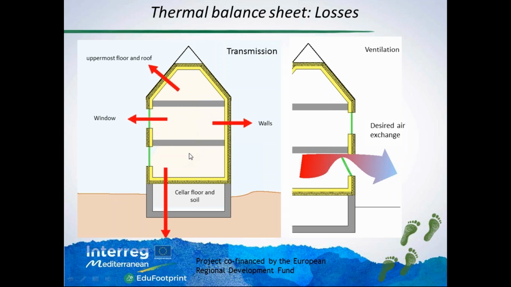Then we have windows, which are usually a small part of the building, but they have a very high U value, so their capacity to transmit heat is very high, usually higher than that of the walls. Actually, the status of the development of the manufacturing of buildings and of windows is very high. And if 20 years ago a double glazed window was characterized by a U value of 2 to 3 watt per square meter kelvin, now we are used to installing double glazed windows with a U value